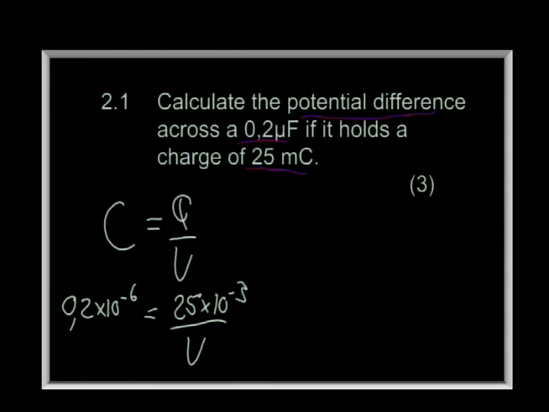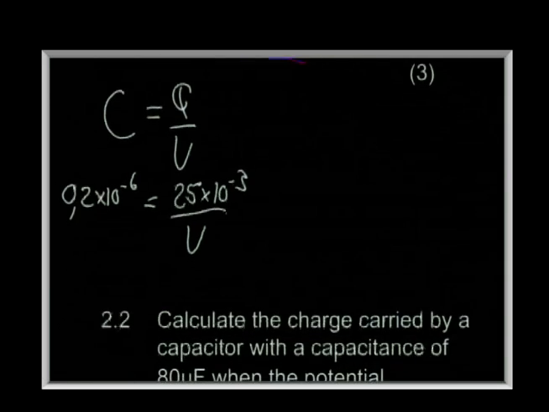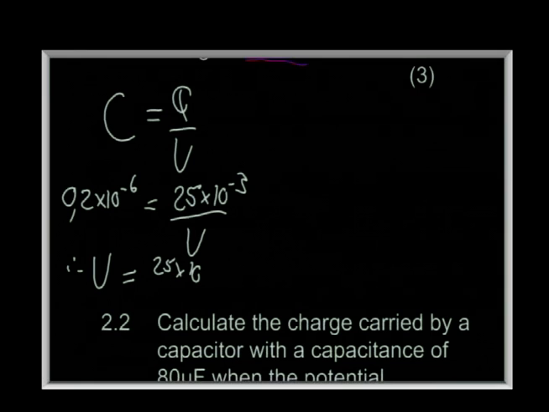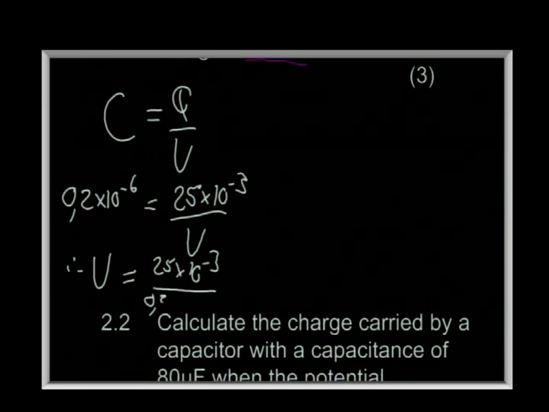So what are we going to do? We're going to say, well, hold on, that's not too difficult to sort out. V is equal to 25 times 10 to the minus 3 divided by 0,2 times 10 to the minus 6, which equals, let's see what the calculator gives us,